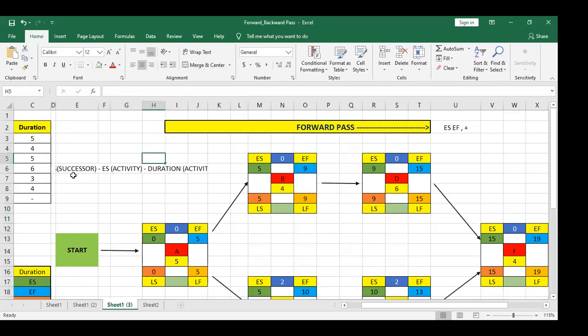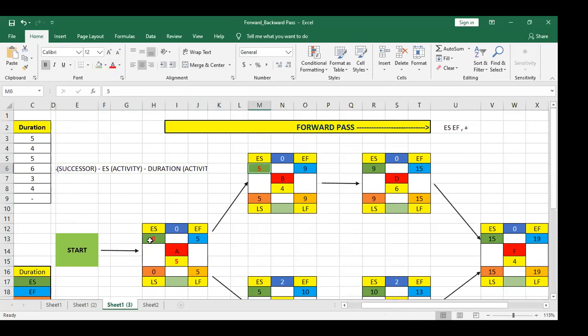So the formula is early start of successor minus early start of activity minus duration of activity. So this is predecessor and this is successor. Early start of successor minus early start of predecessor minus duration of predecessor.